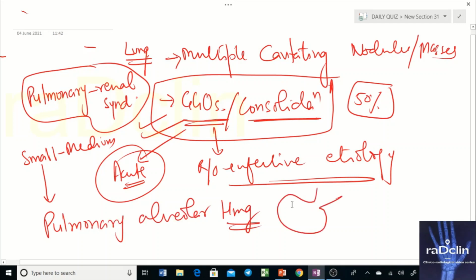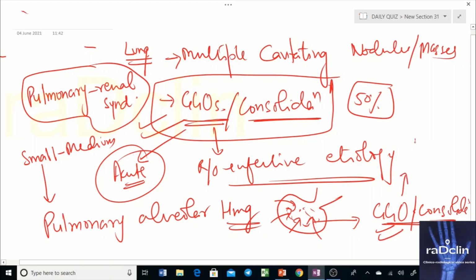So the alveoli of this patient, due to rupture of the vessels, can have red blood cells flooding the alveoli, and they will appear as either GGO or consolidation. So this patient will have acute onset deterioration of pulmonary symptoms, with patchy areas of GGOs with characteristic subpleural sparing, and might have dropping hemoglobin. Then you should suspect that the patient is bleeding into the alveoli, which is pulmonary alveolar hemorrhage, one thing that Wegener's causes.